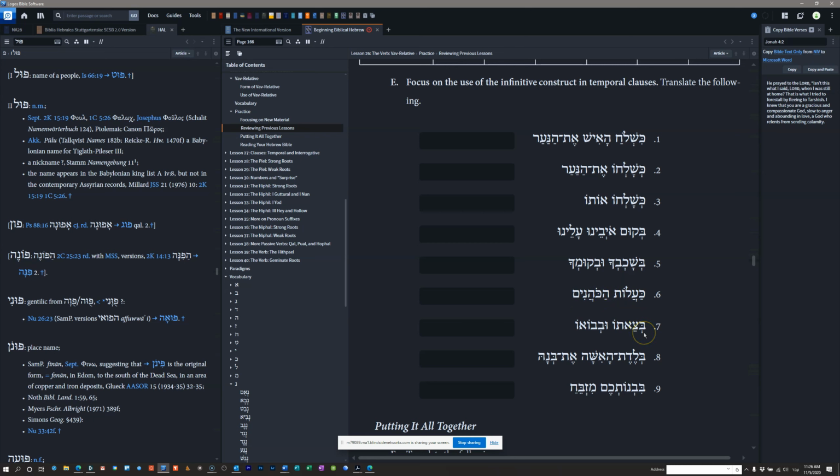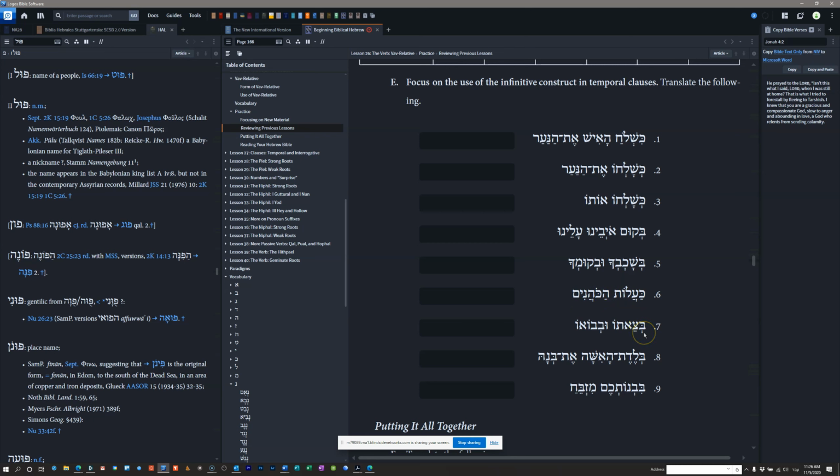Mishpachotenu, took our families. Mishpachot is from mishpacha, family. Mishpacha becomes mishpachot, families. And then this sere yod nu, this is what gets added to a plural noun to indicate possession. So when our enemies took our families,